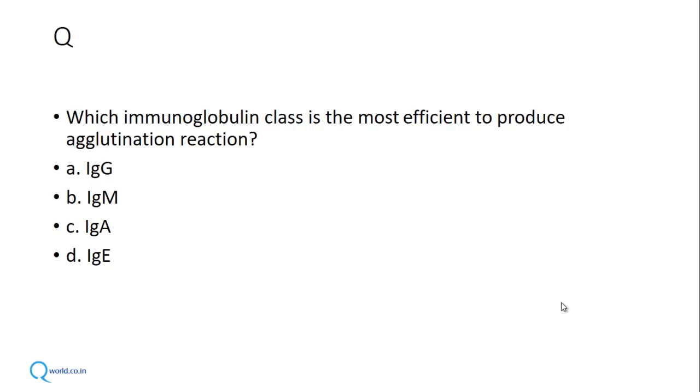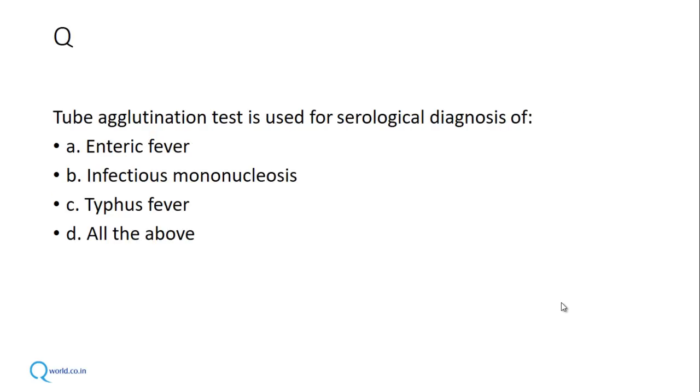So let us see some questions which have been asked from this topic in past exams. Which immunoglobulin class is the most efficient to produce an agglutination reaction? Now we know that for precipitation reaction it was IgG, but in case of agglutination it is usually IgM. Tube agglutination test is used for serological diagnosis of all of the above. We can detect antibody against most of the